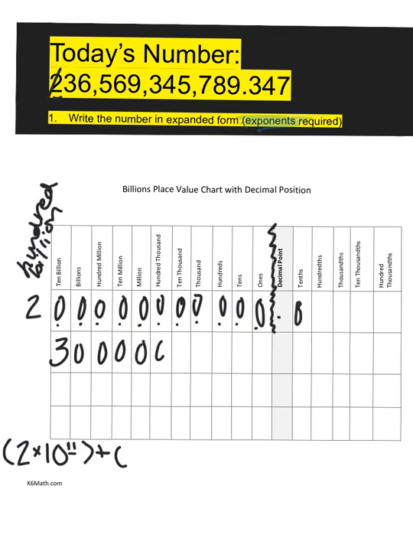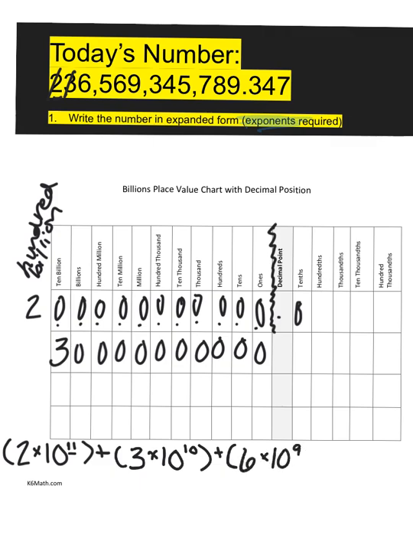All of these digits in these place value positions following that 3 revert to zeros in expanded form. So I'm going to have 3 times 10 to the 10th power plus. Okay, now notice I'm marking off the digits as I do them so that I don't skip one. 6 times 10 to the 9th power plus